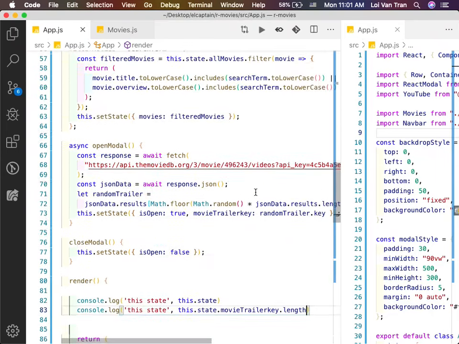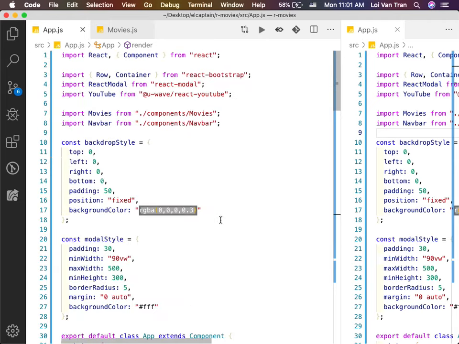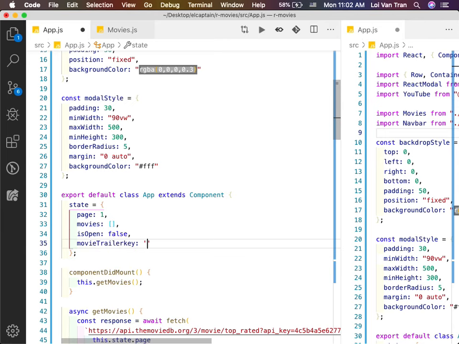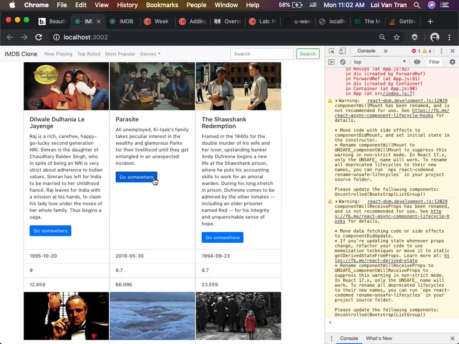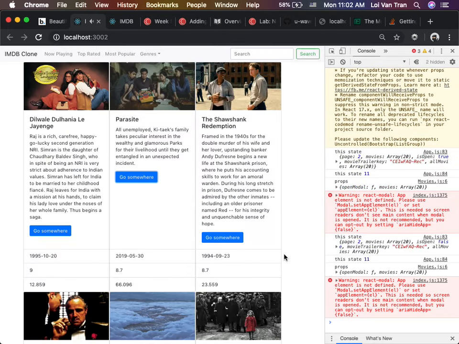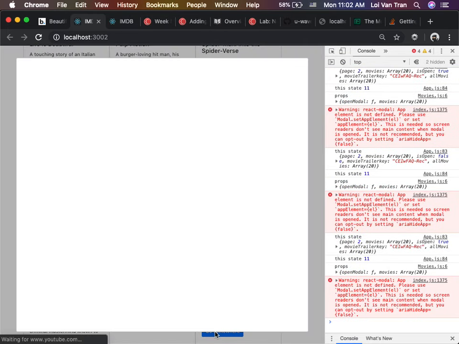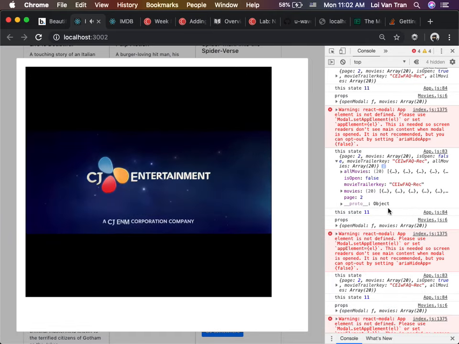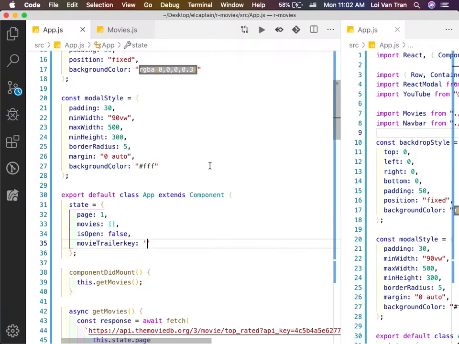Okay, so let's give it a default state. It's complaining now. React is complaining that this thing does not exist, and we're trying to figure out how long it is. So you can't do that. We gotta give it this default state. Okay, it's 11 characters. Oh, is this not changing? Oh, my bad. Okay, I forgot.